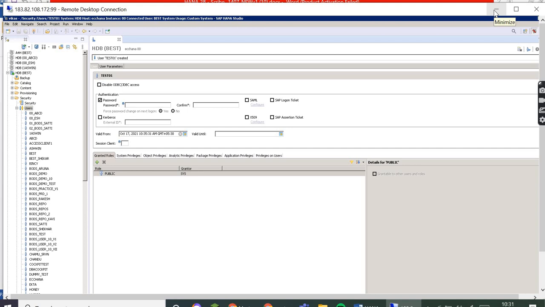All the SAP systems will be connected with the help of your RFC connection, but for other database connections, suppose you want to connect a SQL server and transfer some data from SQL server to your HANA database, then you need the JDBC ODBC connection. And if you don't want it, you can disable it.